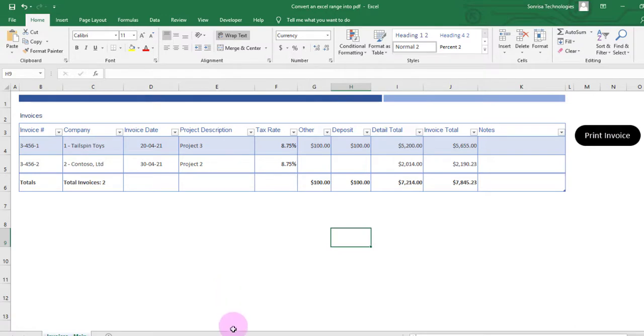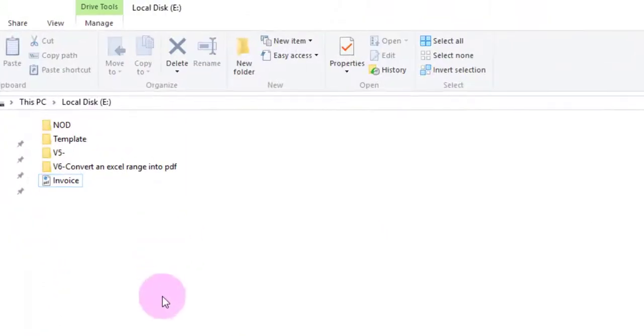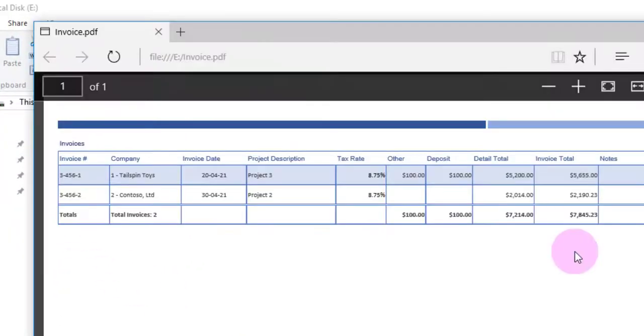We have not given any new name to the PDF. That means the program overwrites the existing PDF file. This can be modified if required. When you open the PDF file, you will see that the update is captured in the new file.